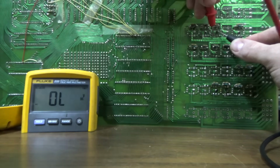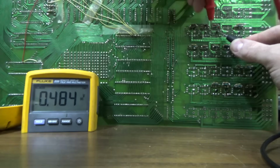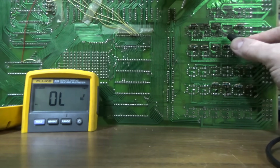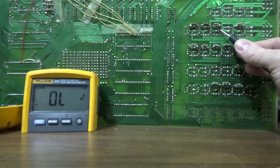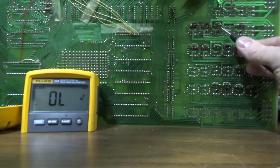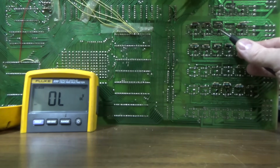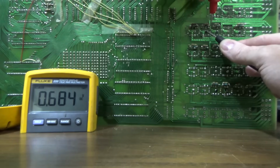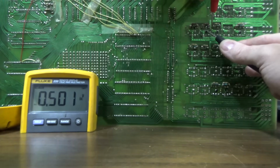So 0.505, 0.484. Now, you notice those numbers are different, but they're pretty close, so it doesn't matter. Each one's going to be a little different. So one of them's giving you 505, and one of them's giving you 510. I mean, it's not that big of a deal. That's not what you're looking for, right? So here's the third one. 0.501,